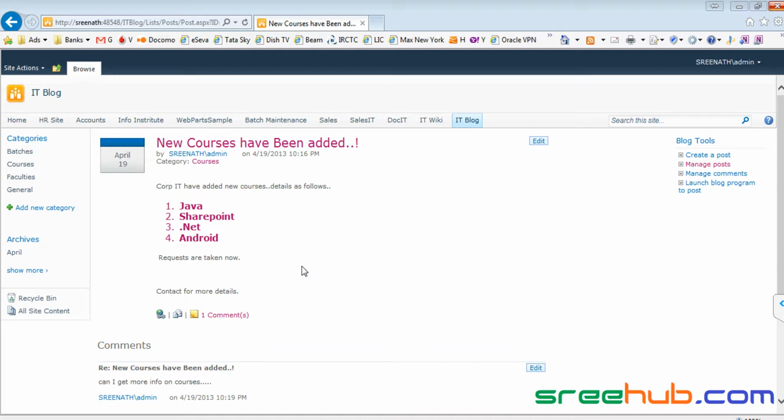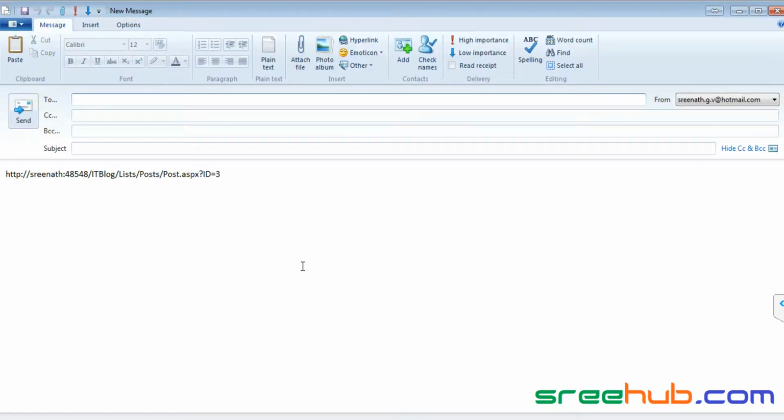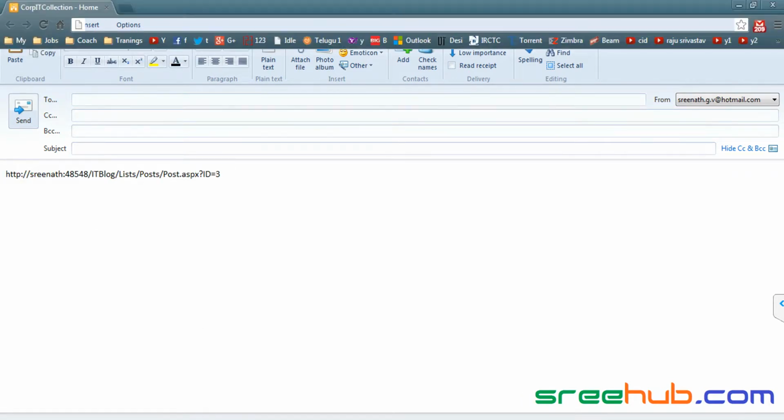Now if you are working in a bigger corporate where they are using SharePoint, right? See here, it will actually take you to the post. Let me just copy this, and let me go to some site here and paste it, and let us see what happens.